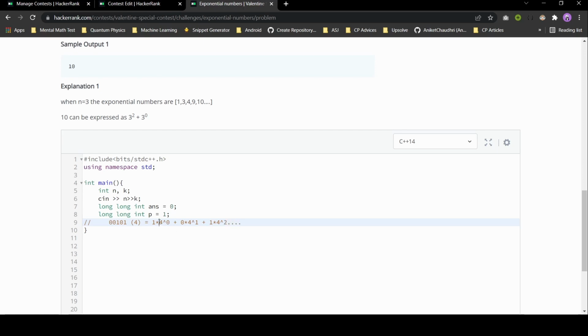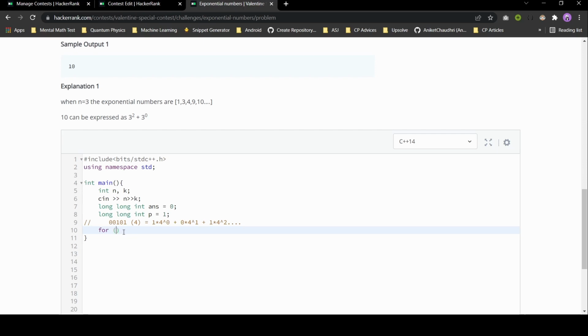So this 4 power 0, 4 power 1, 4 power 2, we are storing in a variable p. So every time we move on, we will just multiply it by the n we get, so that we don't have to deal with this number repeatedly. Then